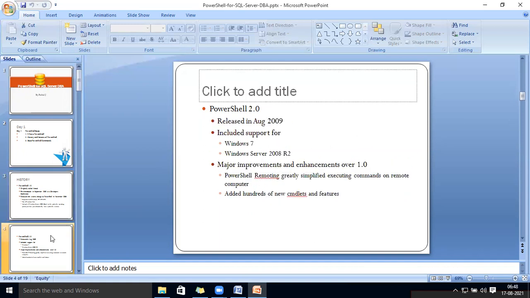Then PowerShell 2.0 was released in August 2009, and it was included in Windows 7 and Windows Server 2012.